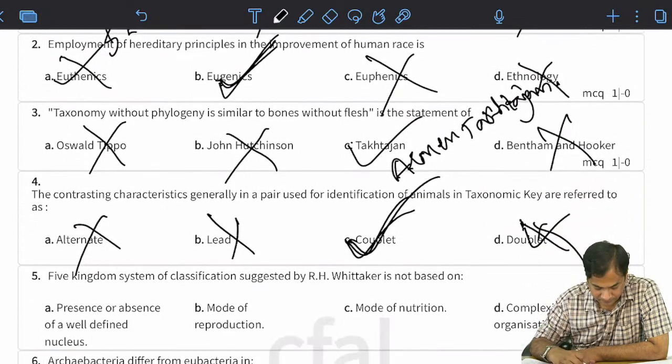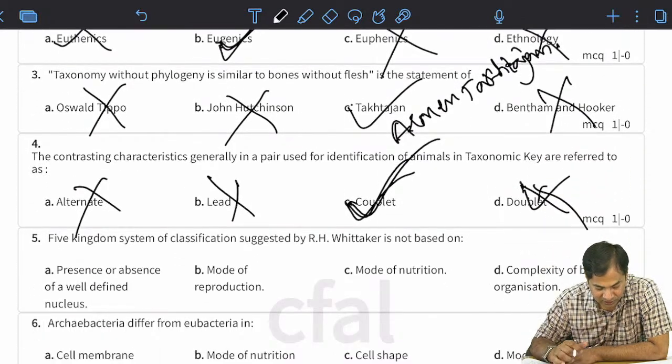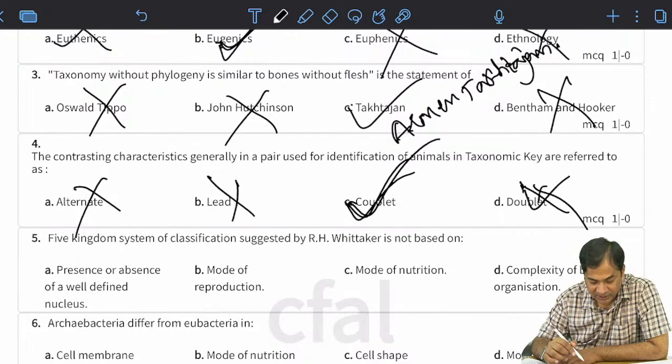Yes. Next question, fifth question. The 5 kingdom classification suggested by R.H. Whittaker is not based on